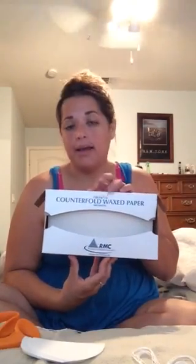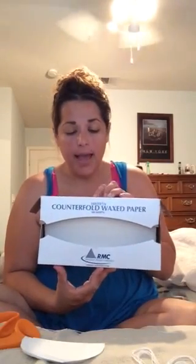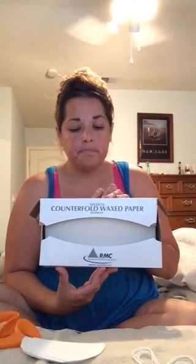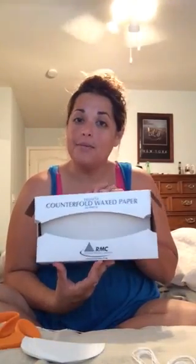You can get this particular box I got at Costco. I actually got 2 of them, and I believe they were about $5 a box. So they're pretty inexpensive, and they're 500 sheets per box. And I needed about 750 sheets or so, about a box and a half. So